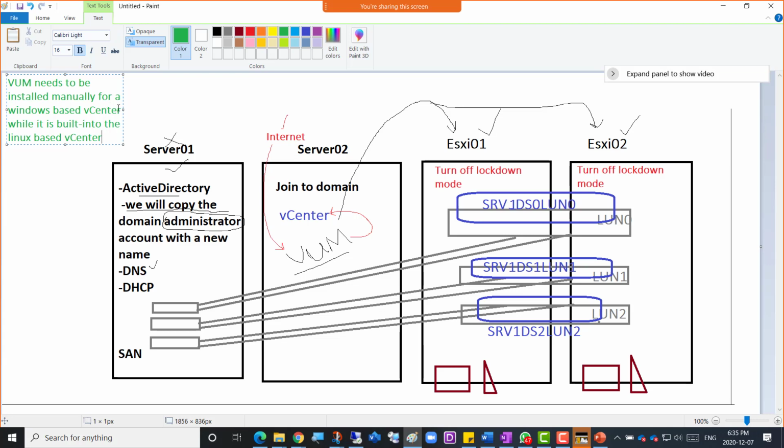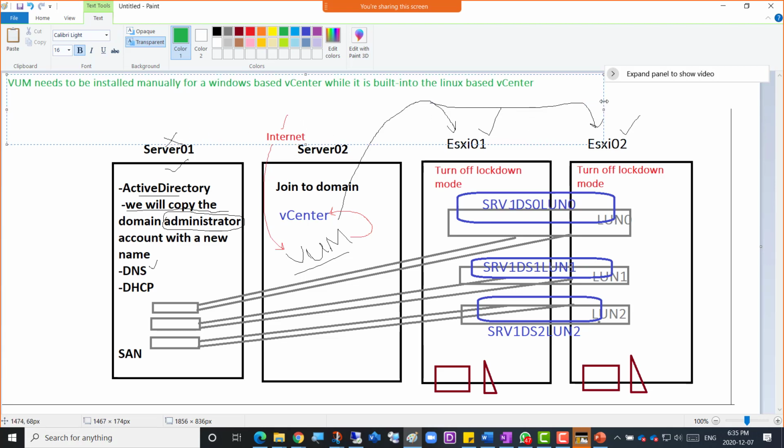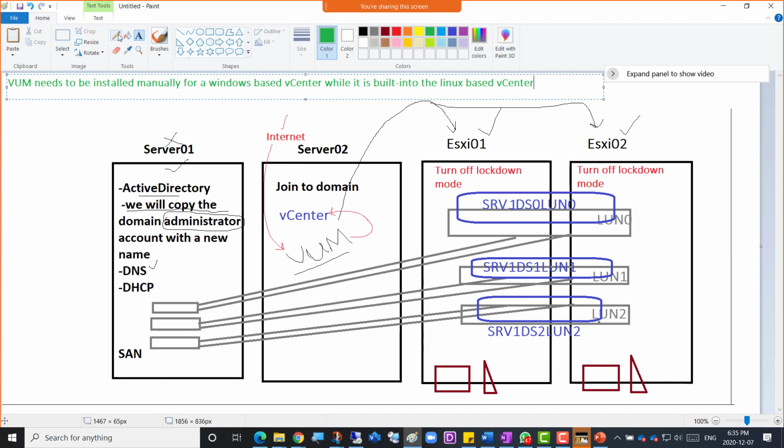Ours is Windows-based, but later we're going to do a Linux-based deployment as well. The Linux-based one is exactly the same as your vCenter; it's just that there's a difference in management and deployment. We're going to see that when we deploy it.